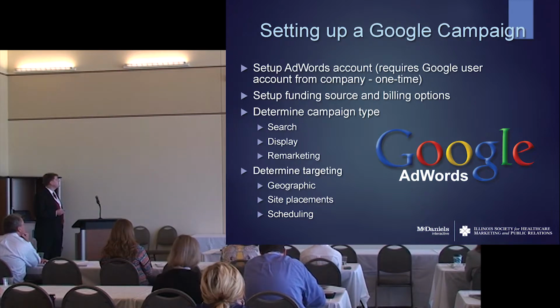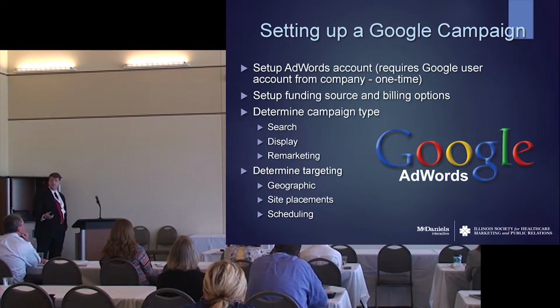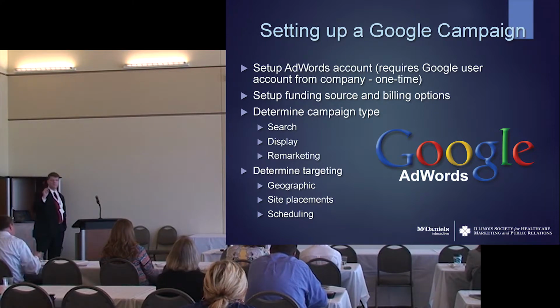And then you get into determining your campaign type. And there are multiple types. There are search campaigns, like we saw the small text ads before. This is when someone is actively looking for a term. These are what are going to appear in that top and that side. Display campaigns, more of your traditional billboard image type of things. Again, it's a clickable link. It gives you a little more control as far as what you want to say in that image, whereas a search ad, again, 25 characters, 35, 35. So you're writing the keywords with those.